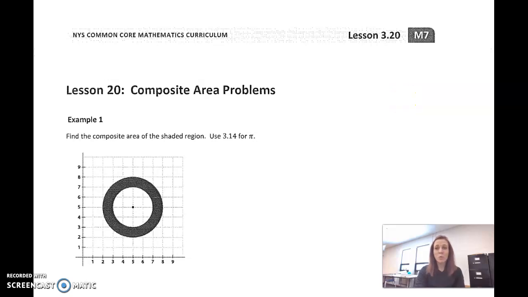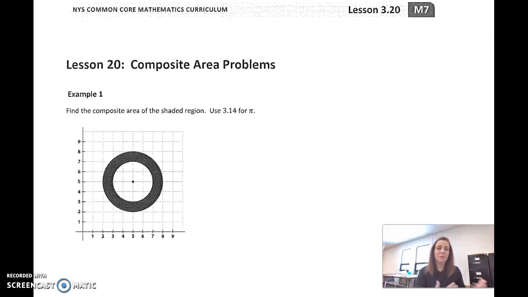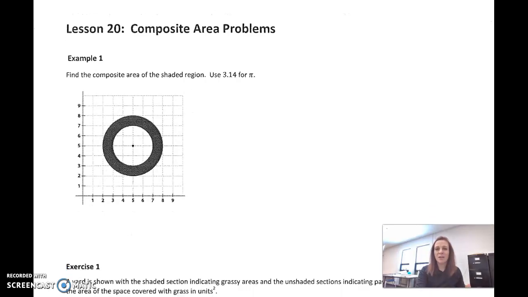All right, in lesson 20, we're going to talk about composite area problems. Remember, in the last lesson, we were working on area problems and circumference problems on the coordinate plane. We're going to still continue to be using that, but we're going to be thinking of it now as